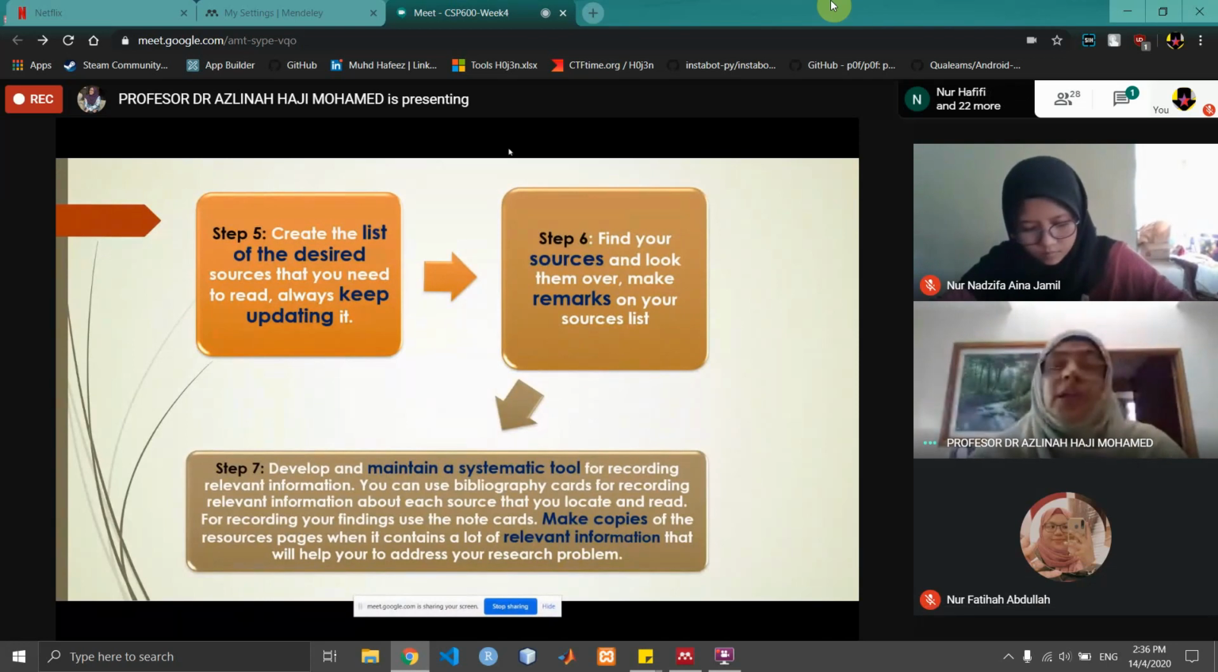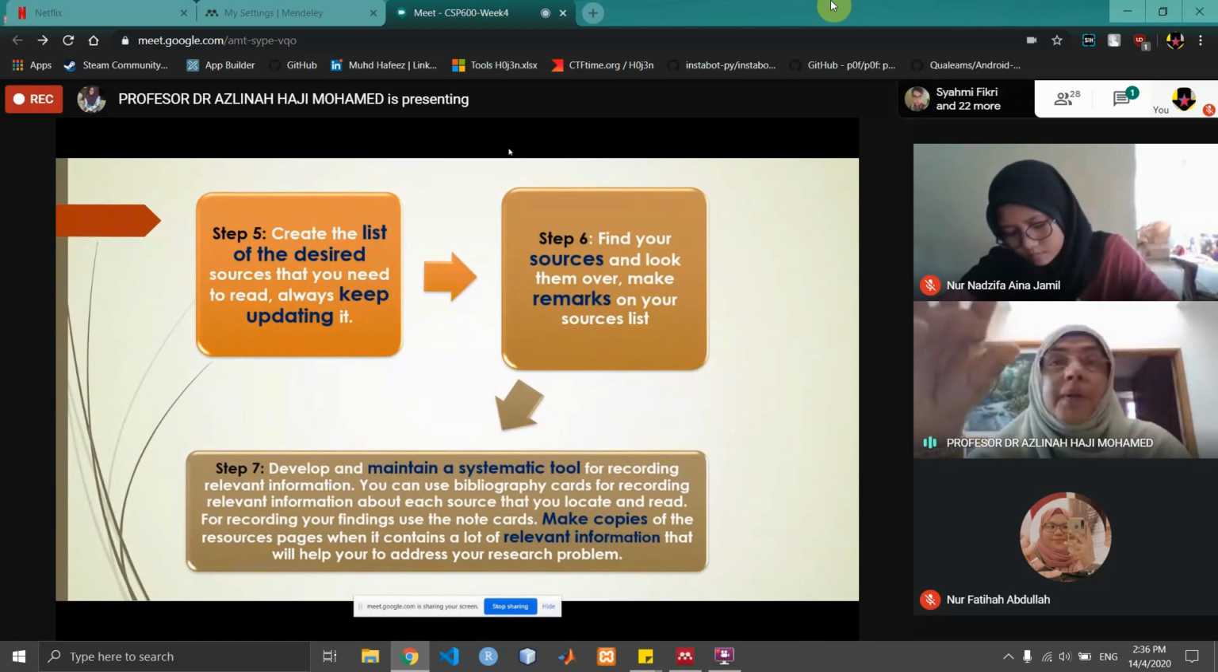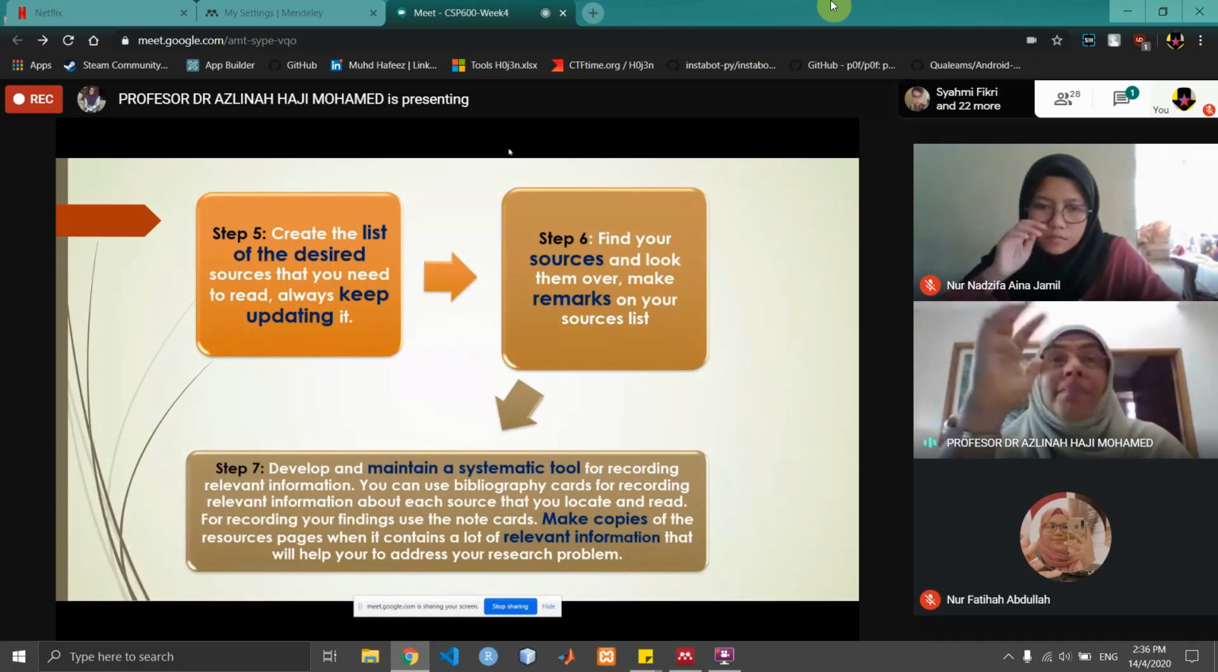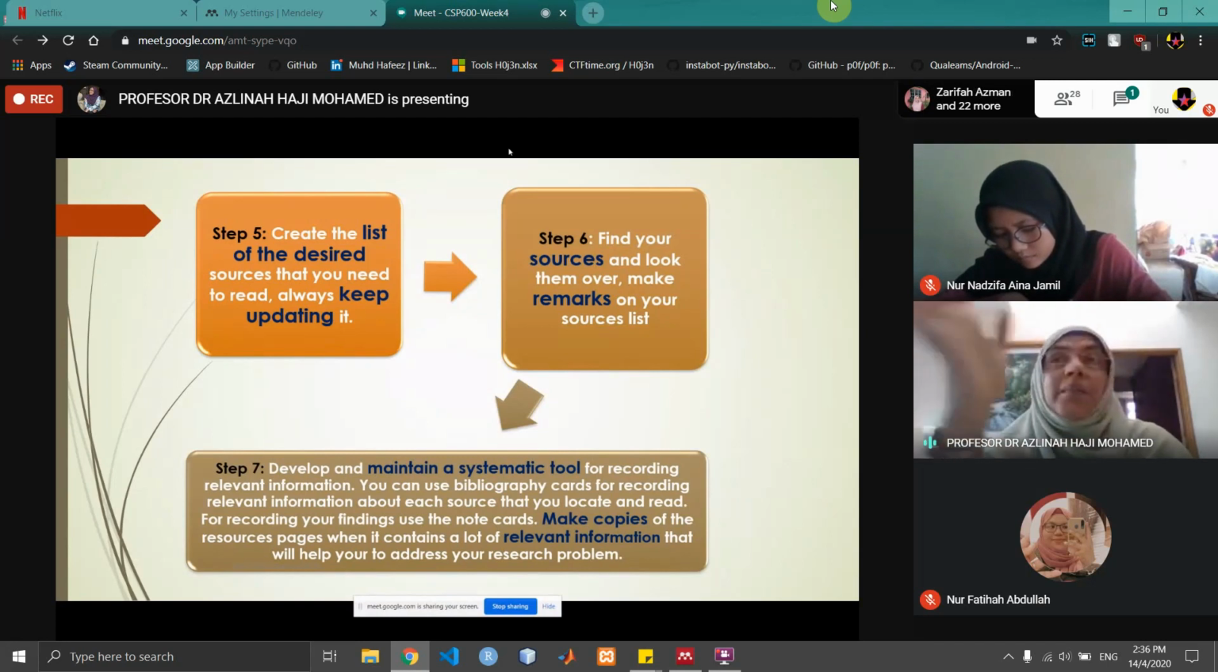Step 6 is to find your source. Now, when you find the source, please make sure that you keep the whole citation of the paper. The citation of the paper must have the author names. It must have all authors, not, for instance, Azlinah et al. No, et al. means friends, meaning more than one author. So you have to get all the names of the authors in full, because sometimes some